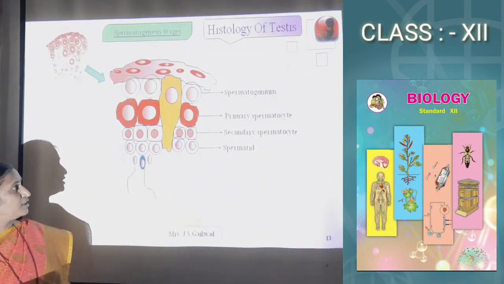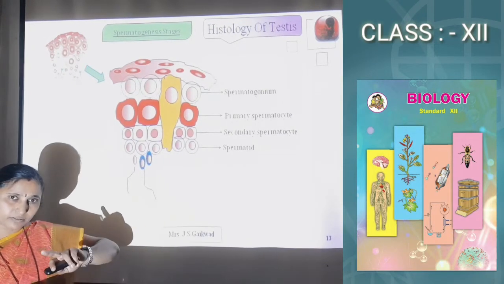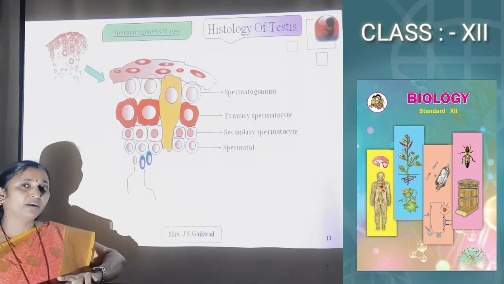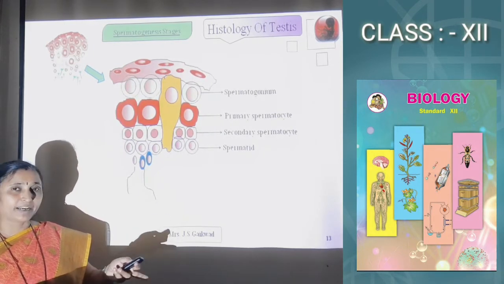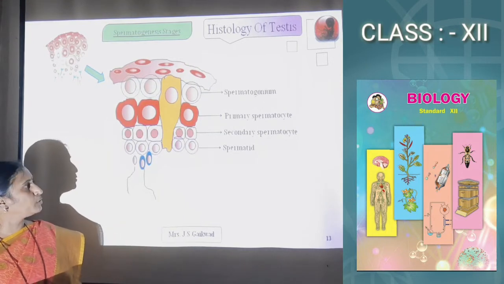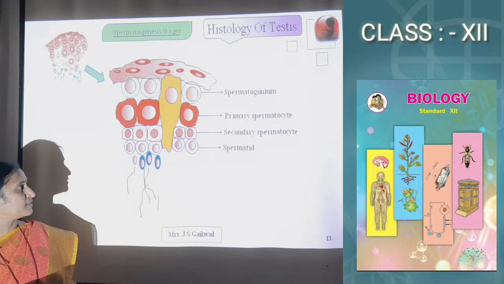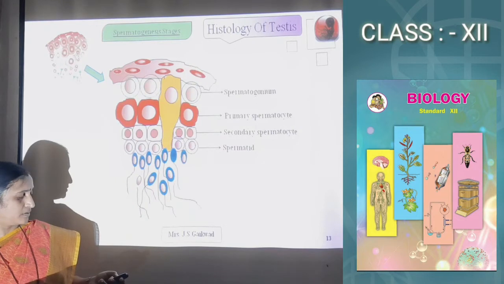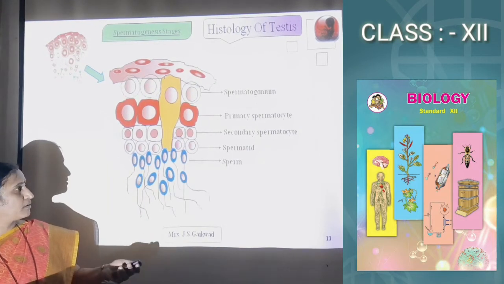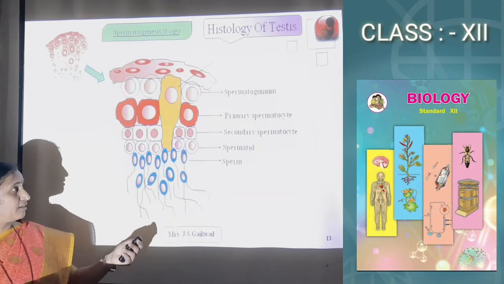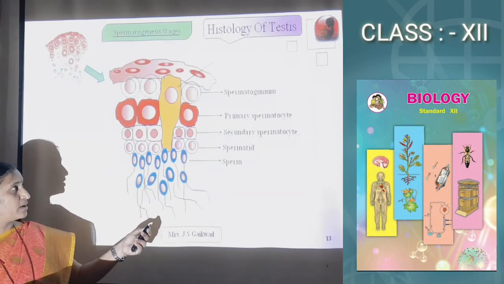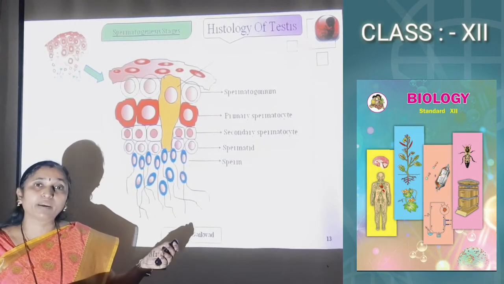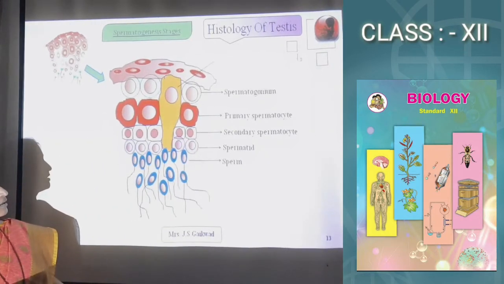And these spermatids undergo a transformation, a change in the shape and structure of the spermatid, known as spermiogenesis: the formation of sperms from the spermatid, or the transformation of the spermatid into the male gamete, the sperm. Here sperms are formed. See the difference between the spermatid and the sperm. What is the difference in structure? A sperm is an elongated cell with a tail, but a spermatid is an oval shaped structure. That is the difference. And this transformation of spermatid into sperm is the process known as spermiogenesis. Now come to the next point.